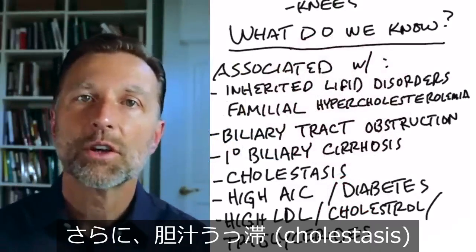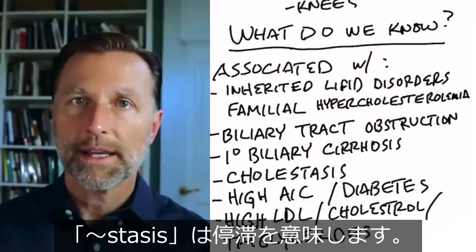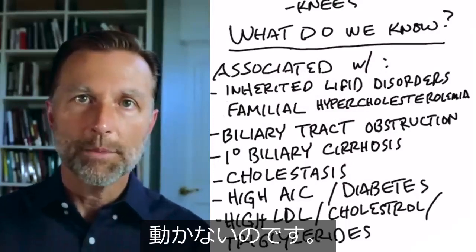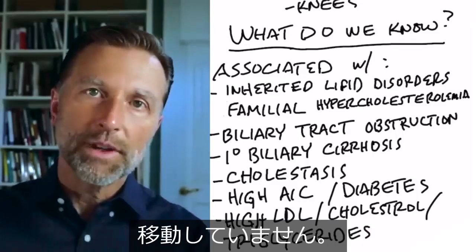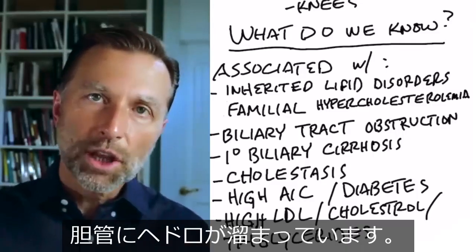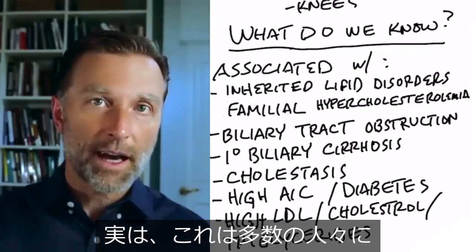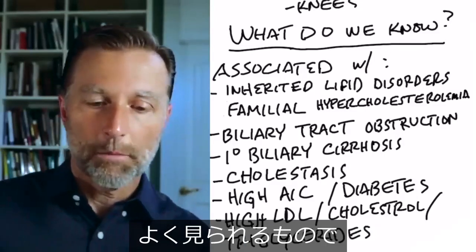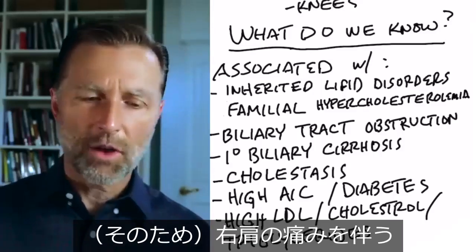Then we have another condition called cholestasis. Now, the term stasis means stagnant, it's non-moving, okay? So the cholesterol is not moving through the body. There's sludge in the bile ducts. And this is actually, I find, very common in a lot of people. They have this bile sludge that is not allowing the flow of bile, and they have all sorts of issues